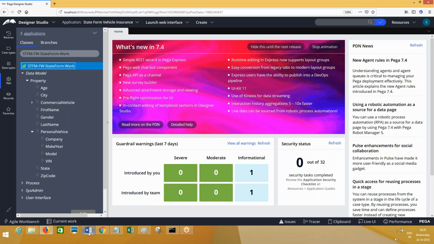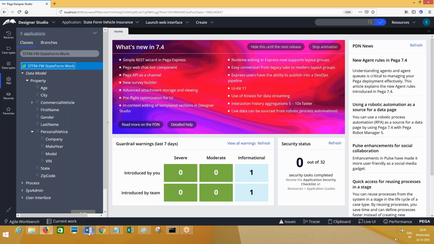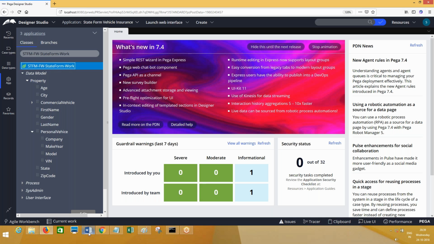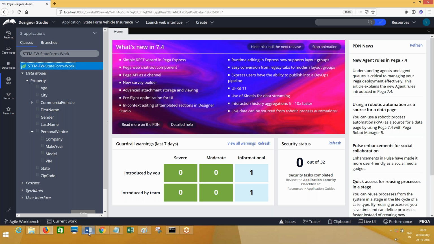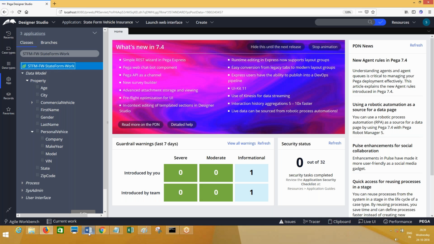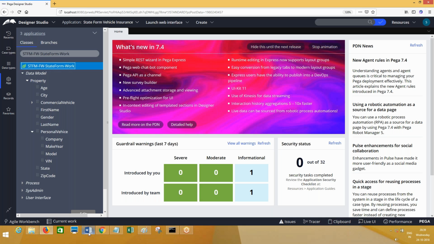What do you mean by is brand new vehicle? What do we identify from that property? The vehicle which we are insuring is a brand new vehicle or not. What do you mean by prior insurance? Does this vehicle have previous insurance applied or not?